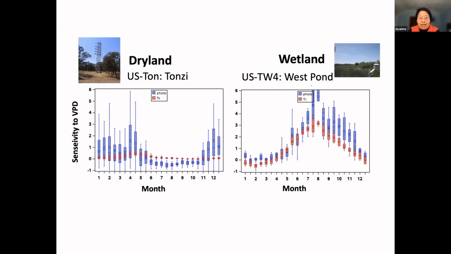Then we calculate, in a really rough analysis, the sensitivity, or the slope, of the linear regression between the pairs, photosynthesis versus VPD, or transpiration versus VPD, within every 15 days. So the pattern you'll see here is that photosynthesis is more sensitive to the water stress, and the two types of ecosystem give us a little bit consistent results at this point, but the